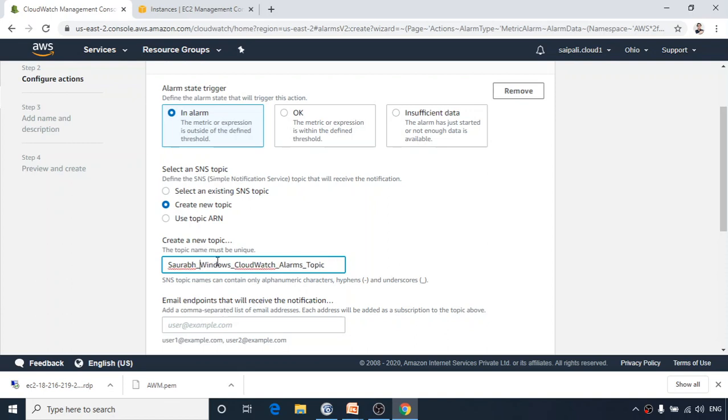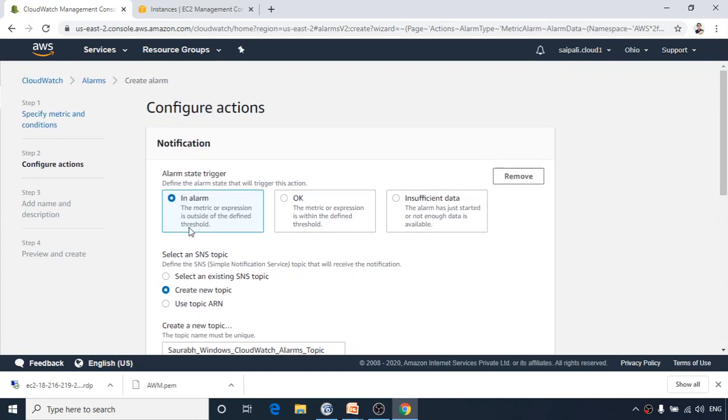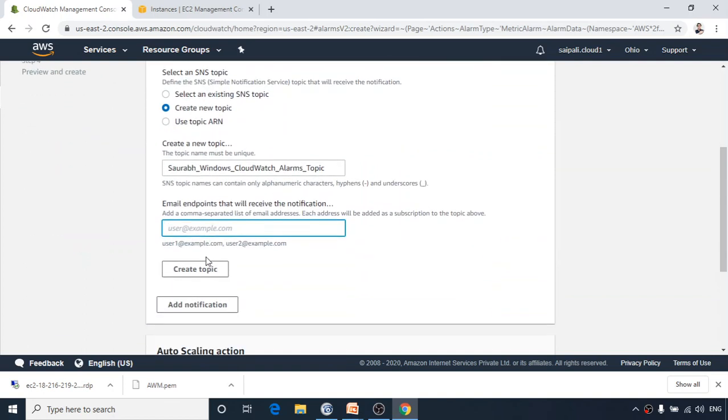That's the name I have given to my SNS topic, and here it is required to put your email ID, so that whenever the condition you have set in the alarm is met, for example processor utilization goes more than 5%, it will send an email to that email address. So you will use your email address or administrator email address here. For me, I use maybe my Gmail address, so I will type my email address here.